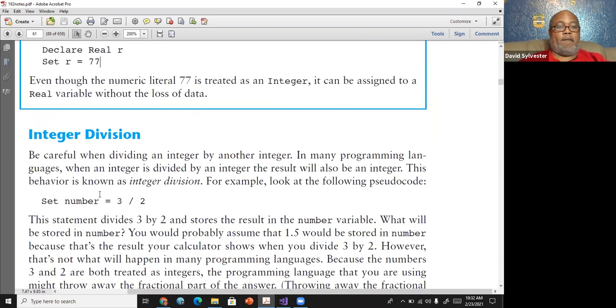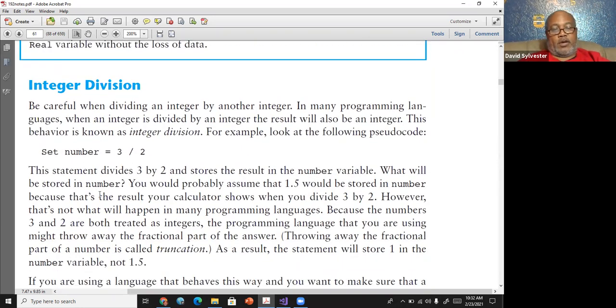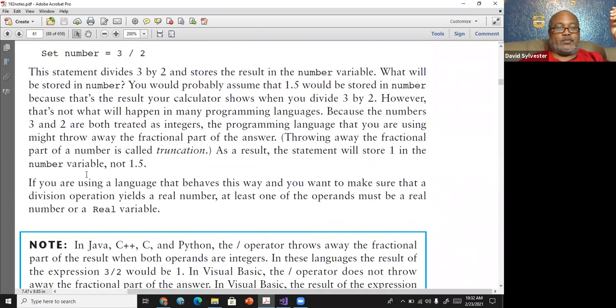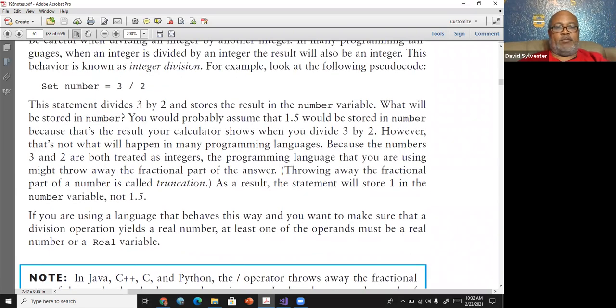All right. And here we go, integer division. 3 divided by 2, that should yield a whole number. All right. So what happens is it's telling us this statement divides 3 by 2, and store the result in the number variable, which is the number variable here. All right.